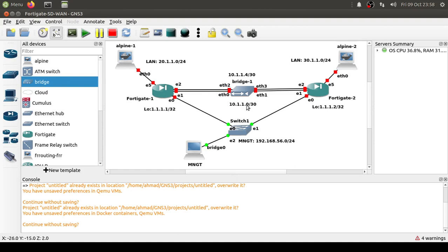These are the subnets that we'll be using, and one more thing I would like to add here is that you can consider this bridge as a bump in the wire. It's not a layer 3 device. You can just say that these two devices are directly connected, but in a way that, because of network conditions or some errors on the link, they would like to shift to the other one. What I meant to say is that these are layer 2 native. They will be able to see each other's Ethernet frames.